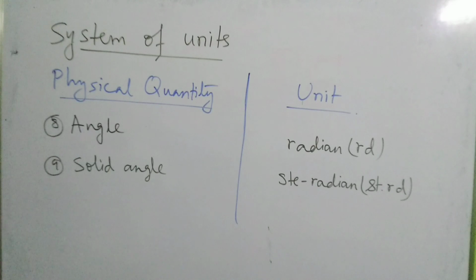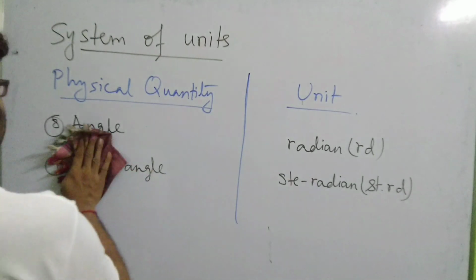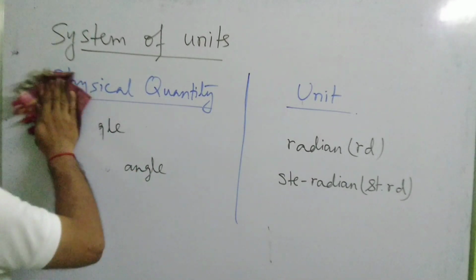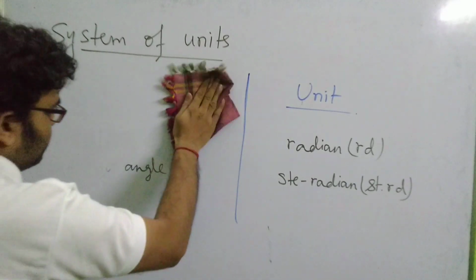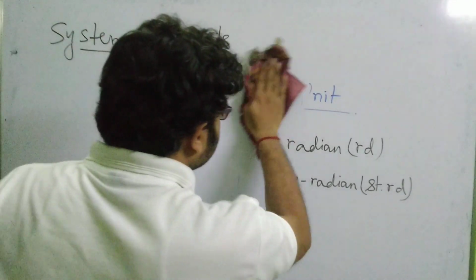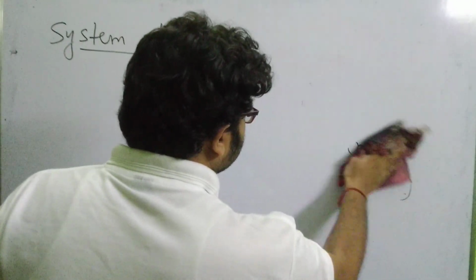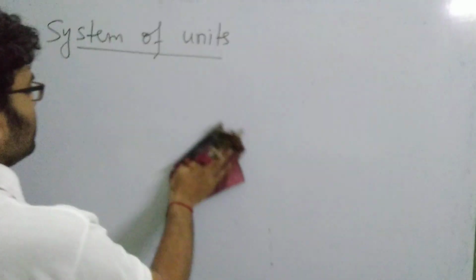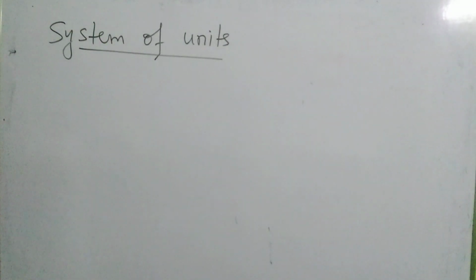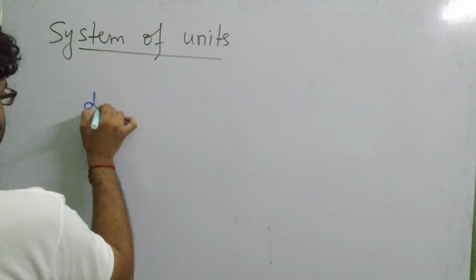So I think the system of units is clear. Now, using these units, you can get the SI unit of any other physical quantity which is derived. Say if you want to determine the SI unit of speed, SI unit of volume, SI unit of density, just write the formula. Say for density,